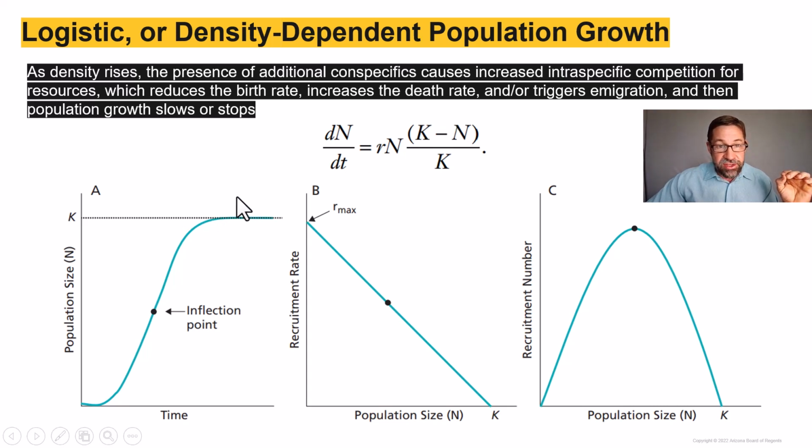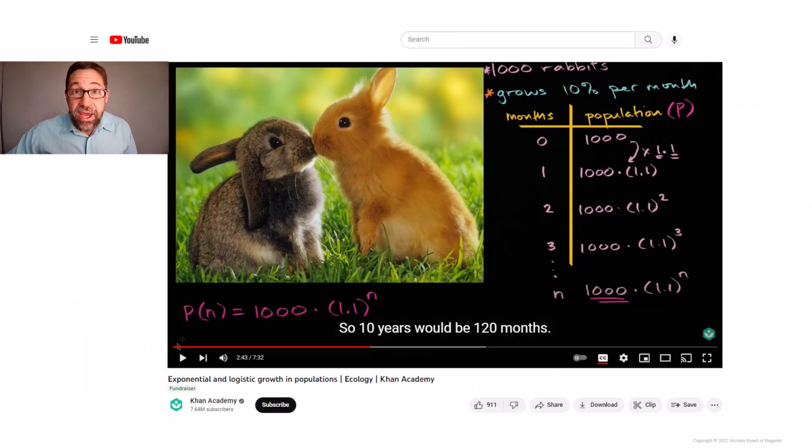This term becomes negative, and then it's going to dip down below carrying capacity. And we can actually see this kind of waggle as we move up and below around carrying capacity. So here's a great and a short Khan Academy video, I think, that's really going to cement this in your